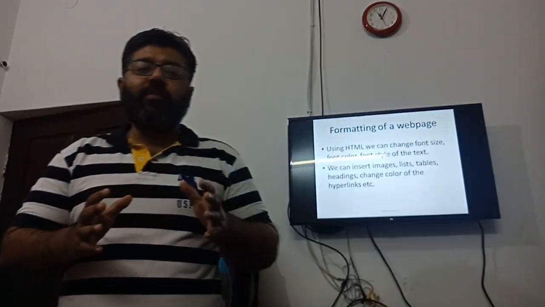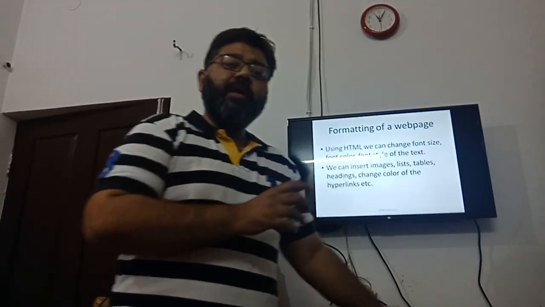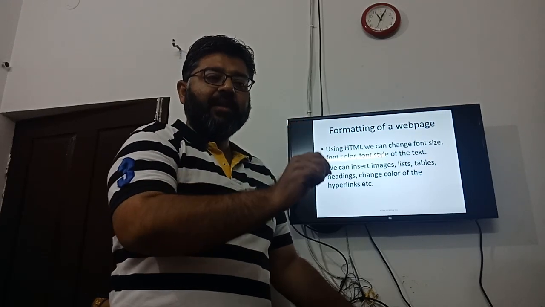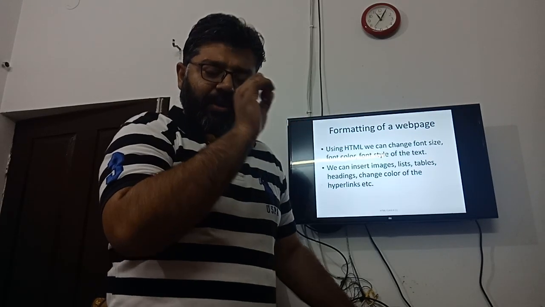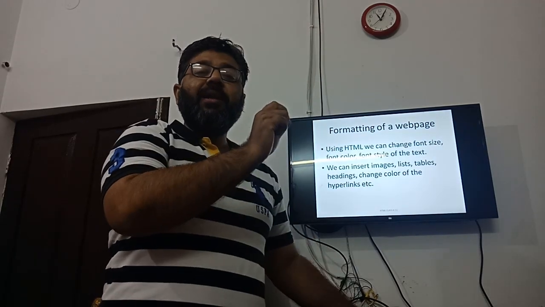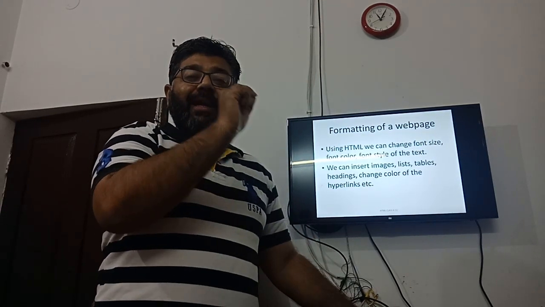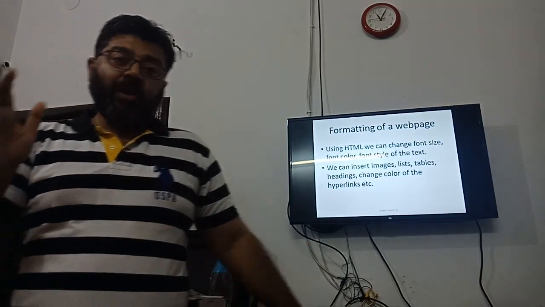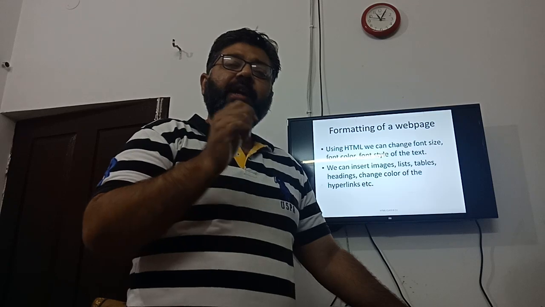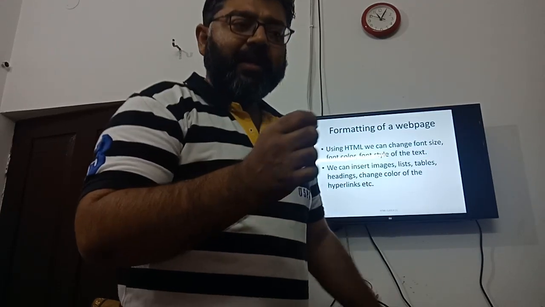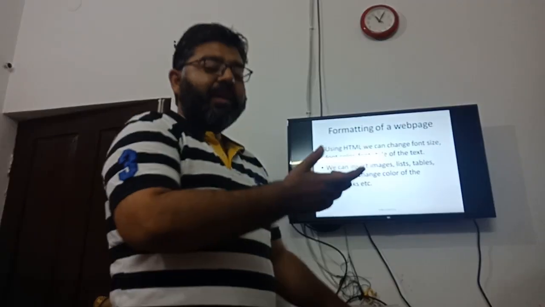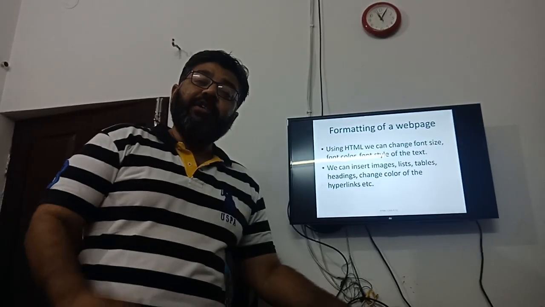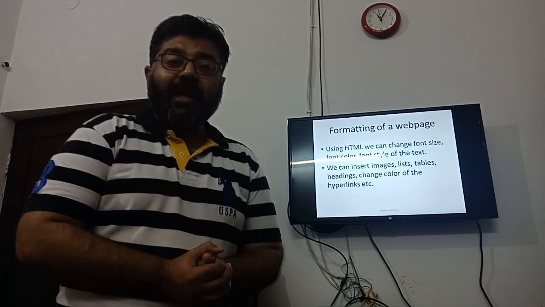If we want to go from one web page to another web page, then there is a special type of text on which we click, that is called hypertext, and with that hypertext, the hyperlink is created, and when we click on that hyperlink we are placed on another web page. So that hyperlink could be text or an image. The next feature of HTML that we are discussing here is formatting a web page. So HTML is also used for formatting web pages.